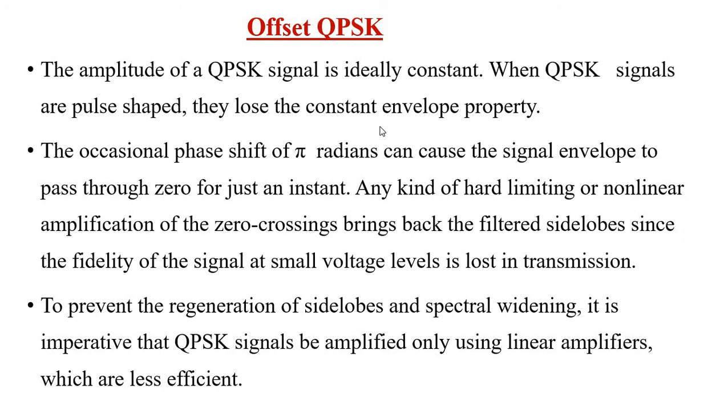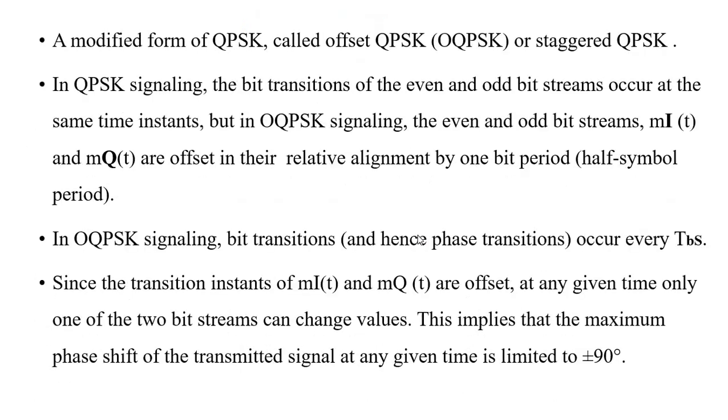So zero crossings will cause envelope change, spreading, delay spread, it will cause some fading, so their side lobes will be extended. So these things can be prevented with the concept called offset QPSK. So how will we provide this concept? You can go through all these slides, just because we know that offset QPSK is also called by the name staggered QPSK.